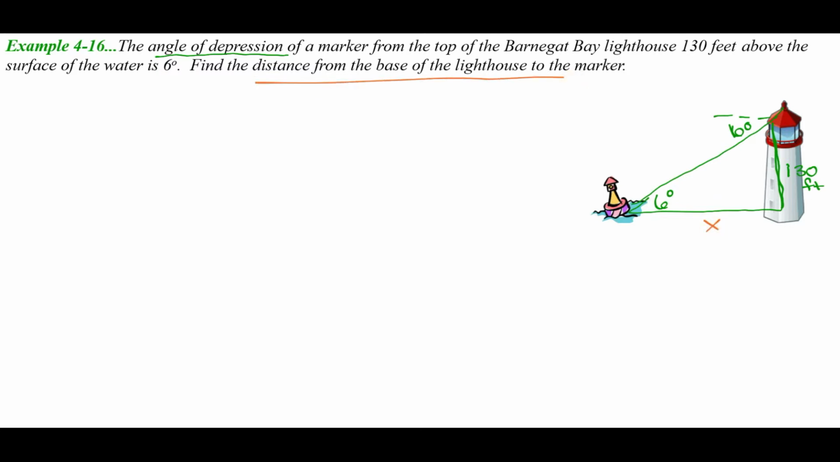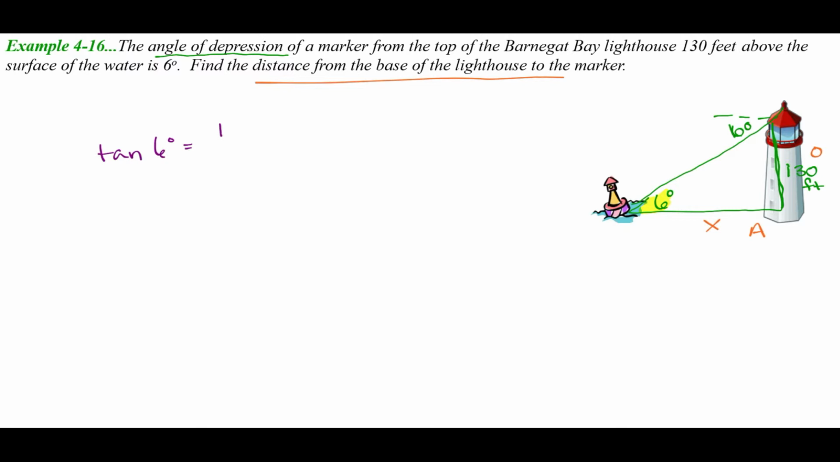So just like before, we're going to say, okay, I want to identify the reference angle. So I'm going to use the 6 degrees for my reference angle. And then this is opposite and this is adjacent. So I know that tangent involves opposite and adjacent. So we're going to write tangent of 6 degrees